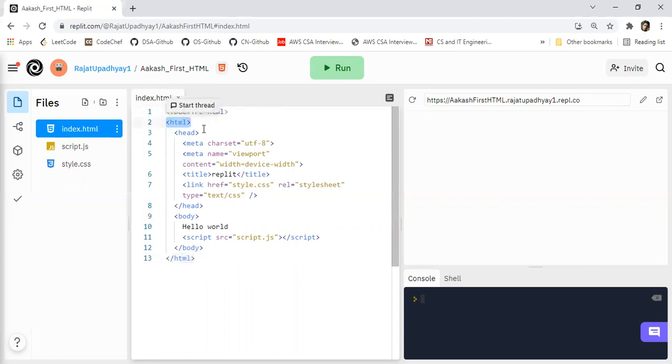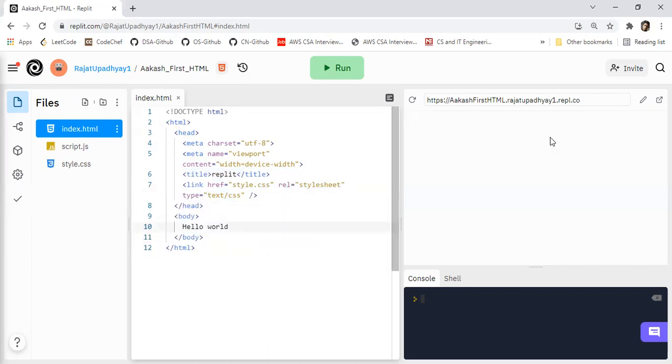Within the HTML tag, there is a head tag. So there is a head opening tag, a head closing tag, and there is a body tag. Inside the head tag, we usually put some information about our website, the title of our website, and some links to some styles, or you can say some designs. We'll look into what these styles or designs are. But for now, just remember that inside the head tag, we put some information regarding our website and some styles. Inside the body tag, we put the actual information.